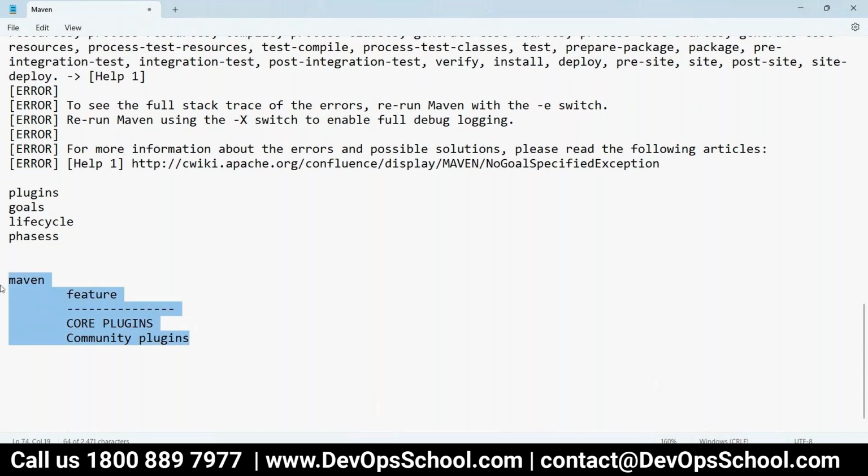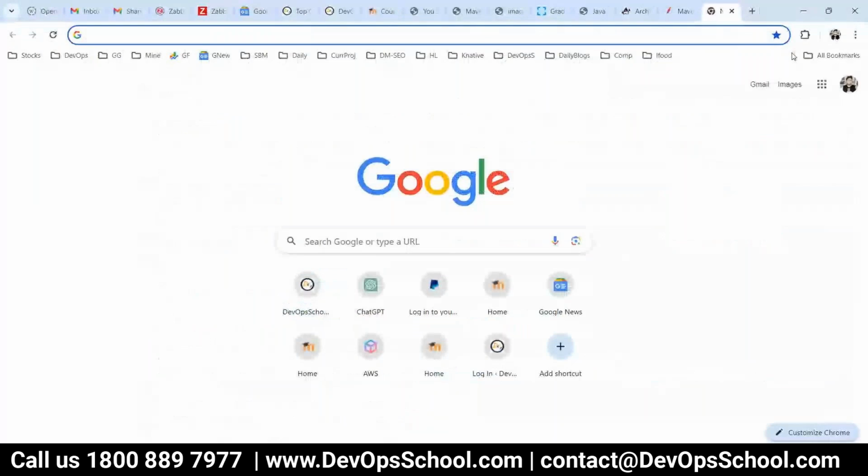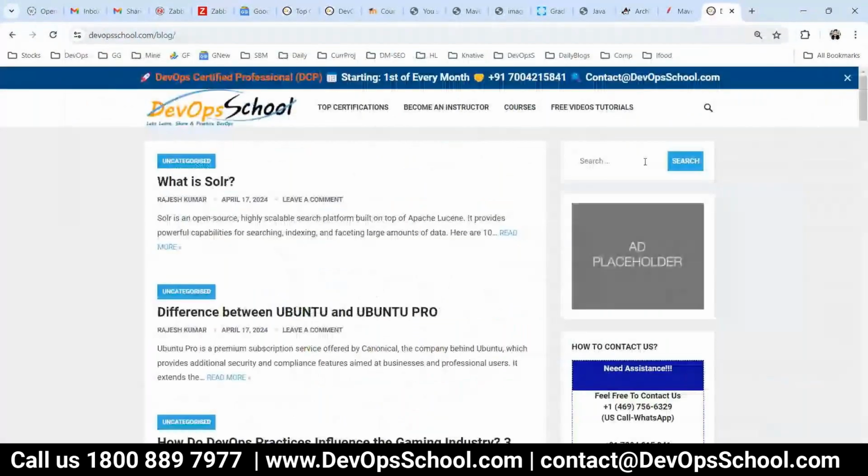Now the next thing is, what is a life cycle? What are the goals? What are the phases? So guys, let's understand in a simple way. In fact, I have written one good blog actually. You should check this out. Okay. So here, if I go for this one,